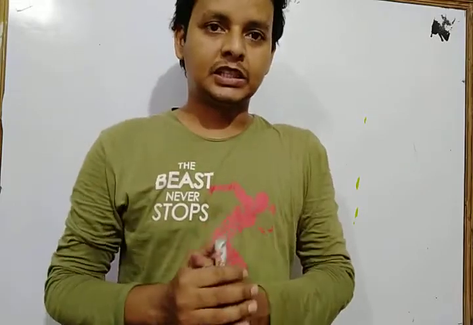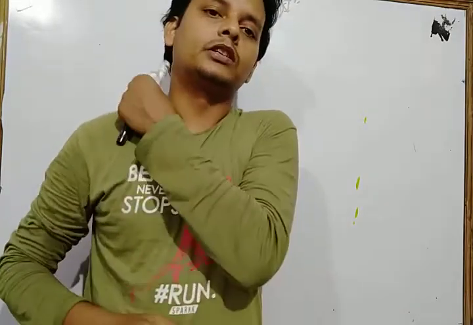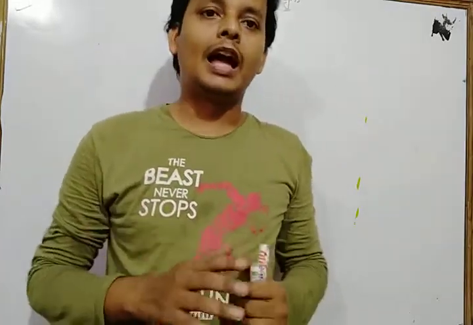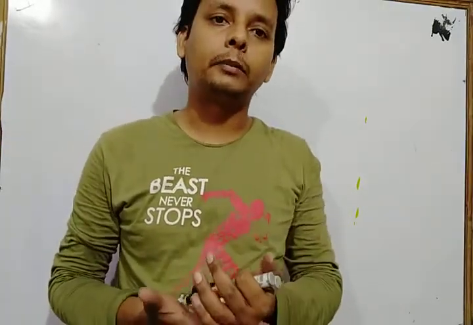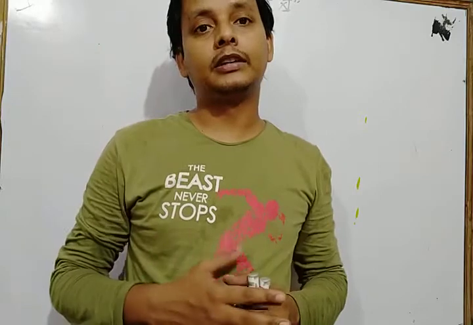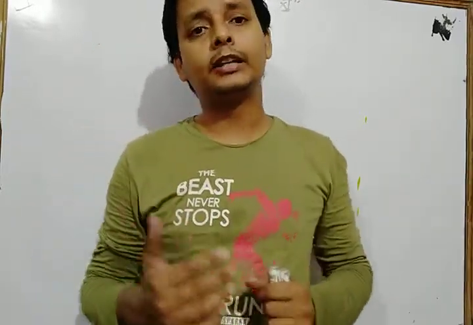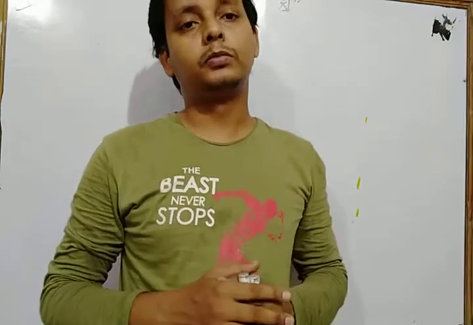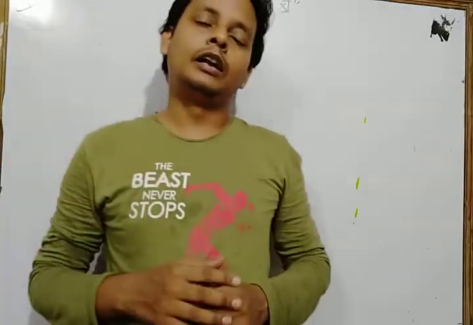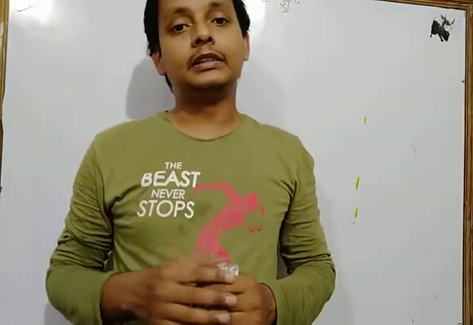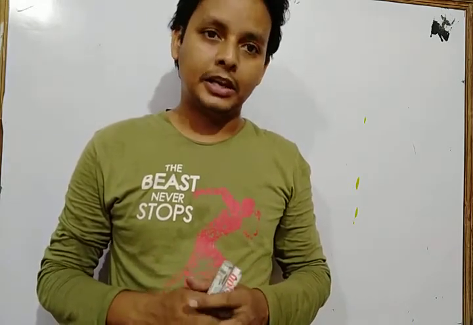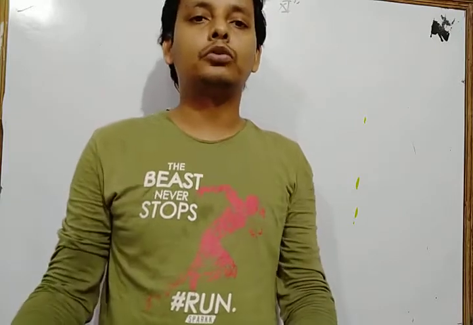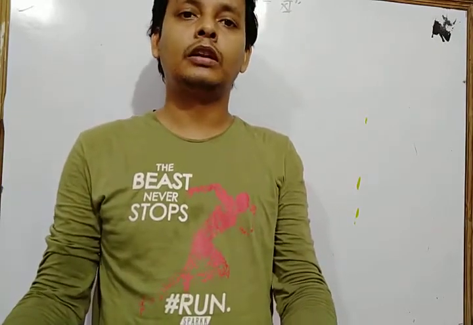In the previous class we discussed the chapter arithmetic progression, and we already discussed the general term of an AP, and the terms selected when we take 3 terms, 4 terms, 5 terms of an AP, which we can also solve. We already solved that type of question, and in the previous class we discussed the sum of n terms of an AP, and we solved some questions based on them.